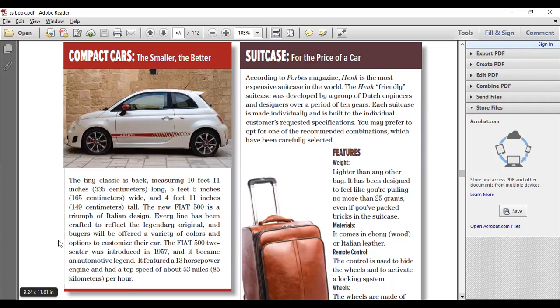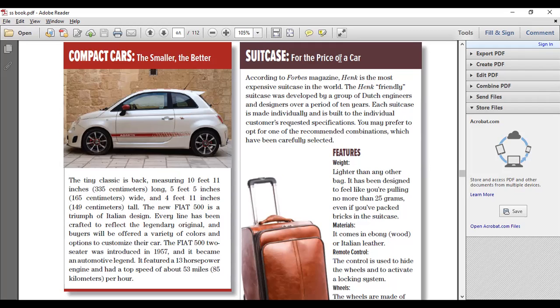Every line has been crafted to reflect the legendary original, and buyers will be offered a variety of colors and options to customize their car. The Fiat 500 two-seater was introduced in 1957, and it became an automotive legend. It featured a 13-horsepower engine and had a top speed of about 53 miles, 85 kilometers per hour.